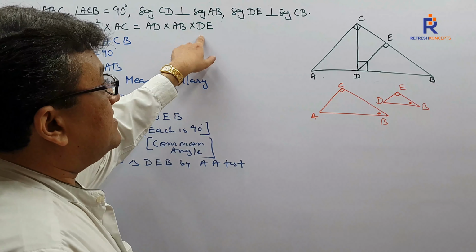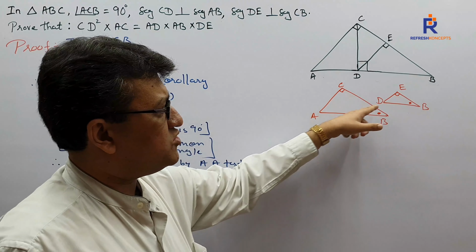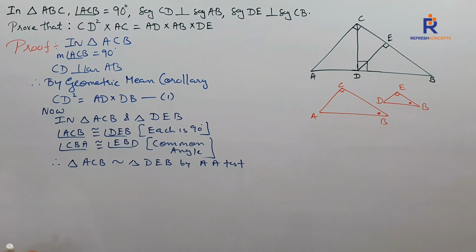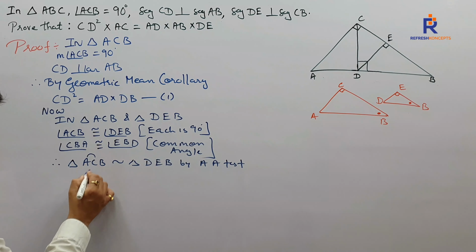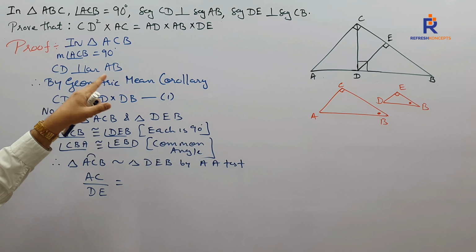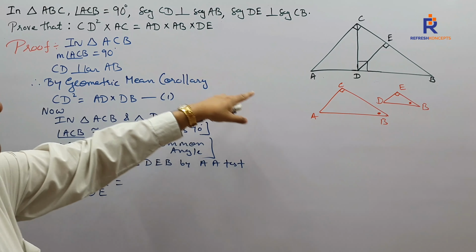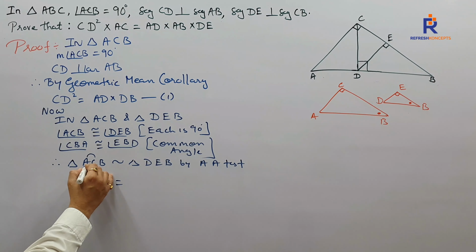Certainly I want DE, I want AC. So I'm going to take D by AC, or you can say here also D by AC. Let's check whether that is there or not. Yes, certainly there. AC by D is equal to, what is the other side I am interested in? Am I interested in AB? AB is what I want. So if I take AB, who is AB over here?